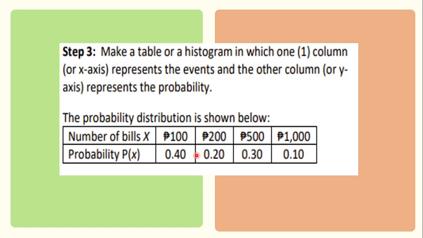Next is we will make a table or a histogram in which one column or our x-axis represents the events and the other column or y-axis represents the probability. So, eto siya. Si x-axis natin is yung event natin. So, sa 100 natin, yung probability ng 100 natin is 0.40. Yung sa 200 naman natin, yung probability natin is 0.20. Sa 500, we have 0.30, and sa 1,000, we have